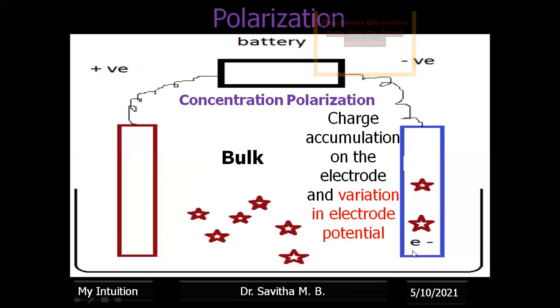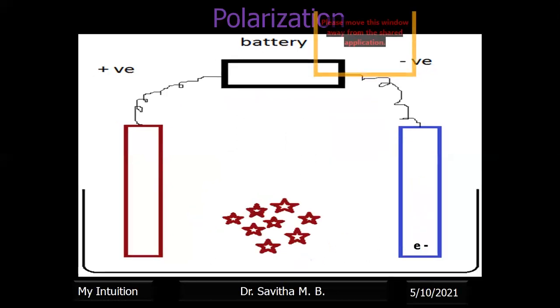Polarization, see, poles are produced, electrons accumulate, it becomes negatively charged, right? Therefore it is called concentration polarization. Okay, so this is one type. The other type is overvoltage polarization. Now let us assume the electroactive species are present in the electrolyte. The cathode surface is waiting for the electroactive species, because electrons come from the external circuit and it will request the metal